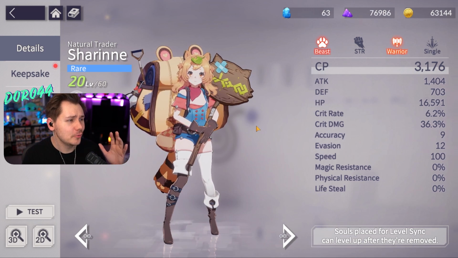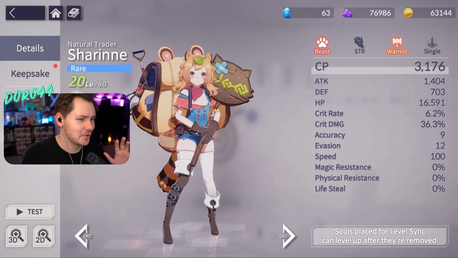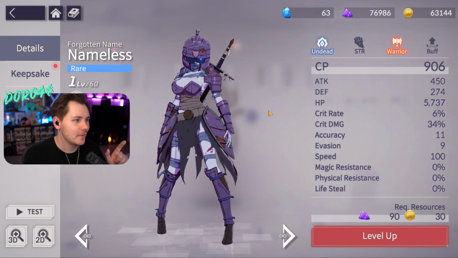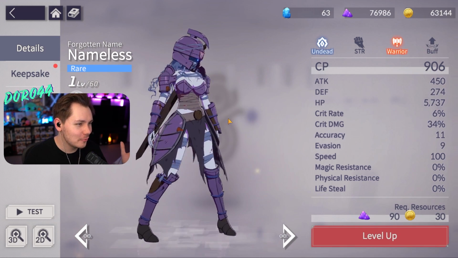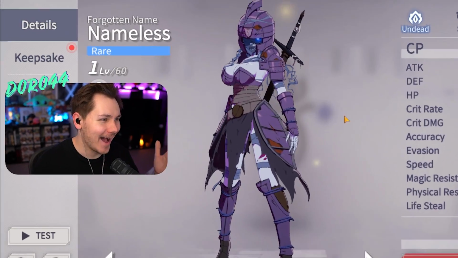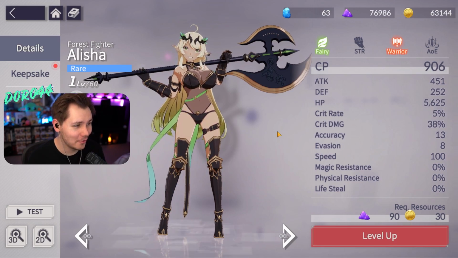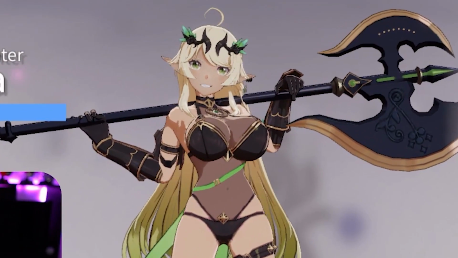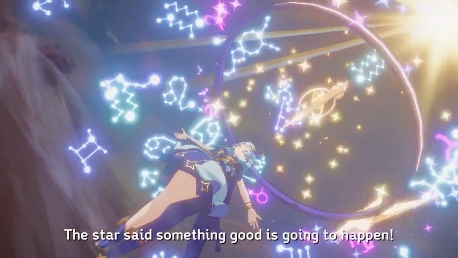You got Shireen, who's kind of like a tanuki slash squirrel girl. I don't know. She's adorable though. This one's actually really cool. This one's just called Nameless and is literally a waifu zombie. So I never thought I'd ever see that, but Eversoul did it. We've got Alicia, who is one of my favorites. Leave it at that. And then a few more that I think are really cool that you can also get